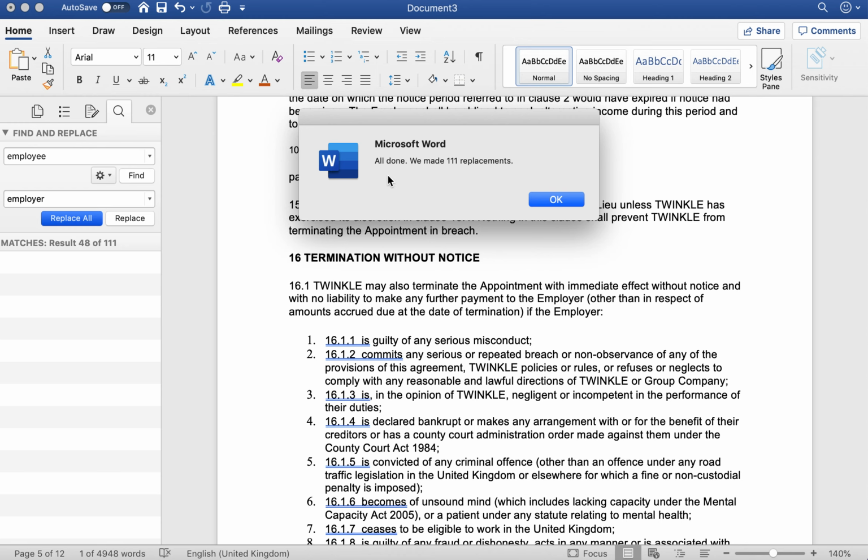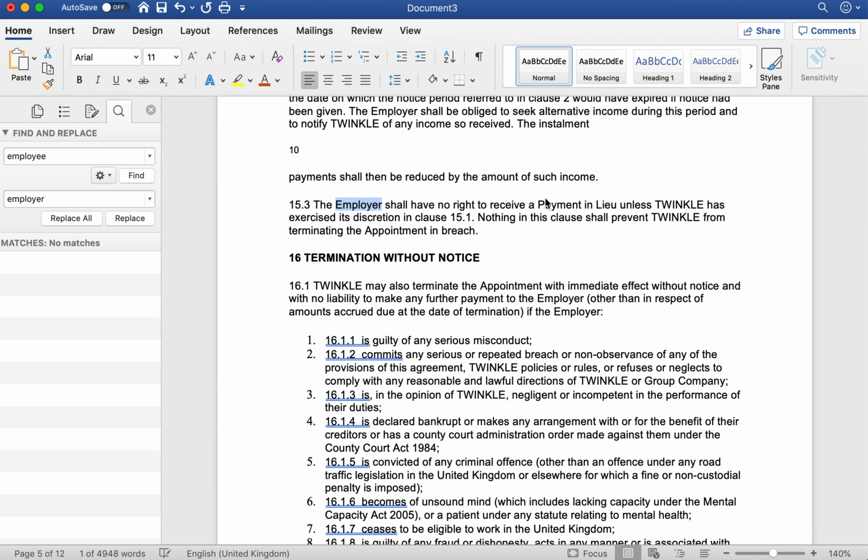and a little pop-up will show up and say all done, and 111 have been replaced. So as you can see, it's all been changed. So if you click on employee now, there isn't any in the actual document, but if you change it to employer,